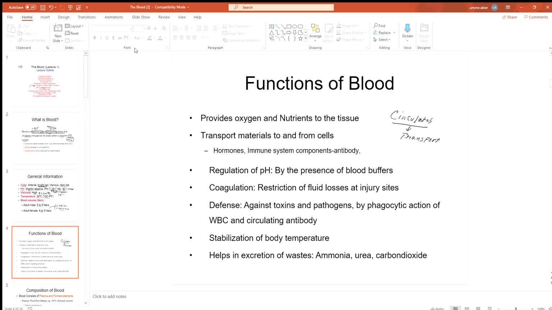Transportation of chemicals. What are the chemicals? Blood transports gases. You know that. Oxygen, carbon dioxide, right? Blood transports nutrients, proteins, carbohydrates, fats,